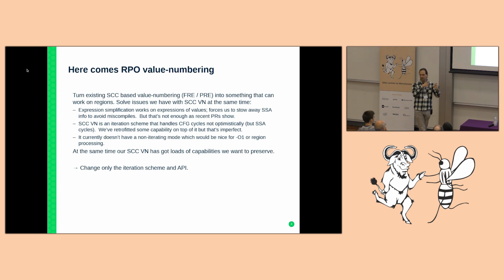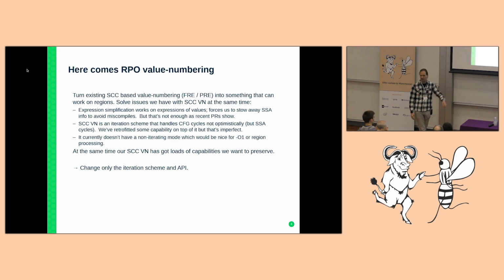So usual cycles don't get optimistically value numbered because you have the back edge with a value that you didn't see in the first iteration. And the controlling condition, so you can't really reliably figure out that an edge is not executable, and by that means